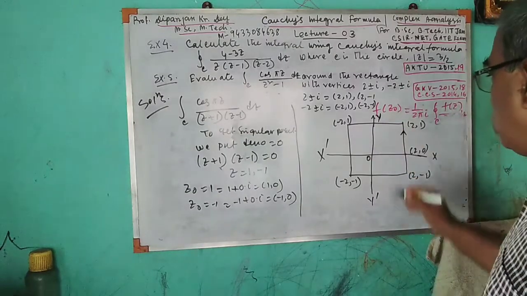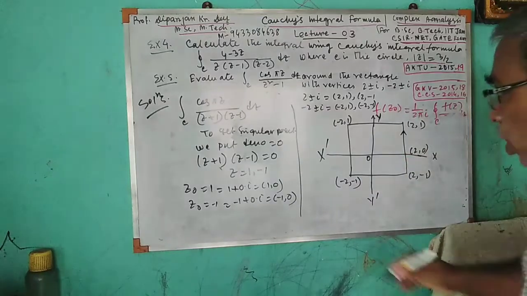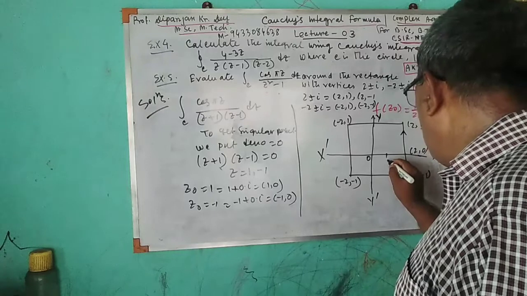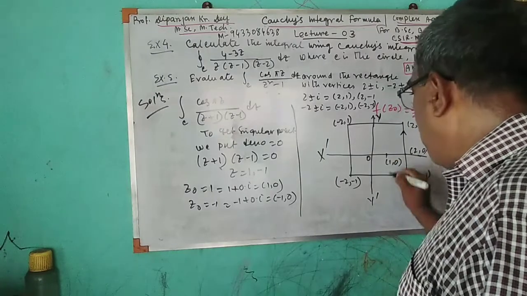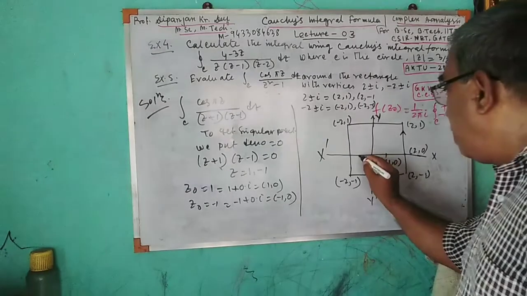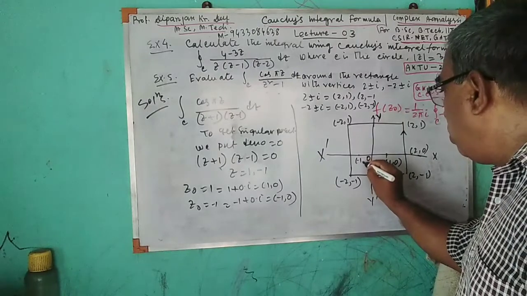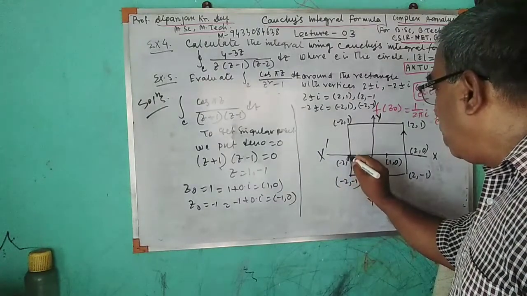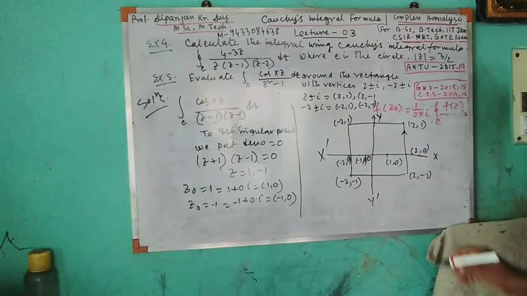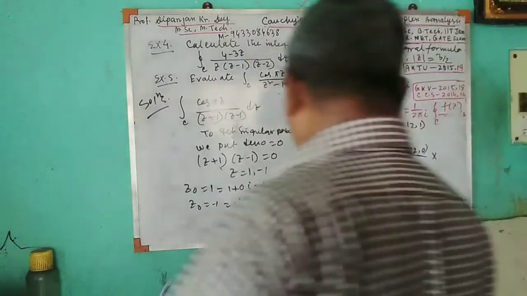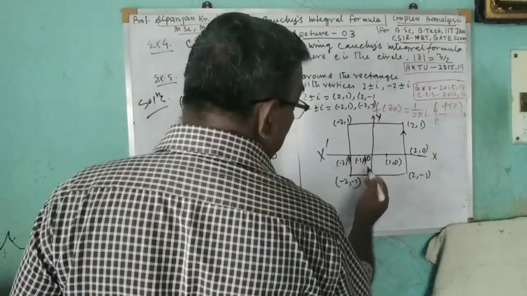So I am getting here 1 comma 0, and minus 1 comma 0 will be here, because this point is minus 2 comma 0. So both the points, 1 comma 0 here and minus 1 comma 0 here,